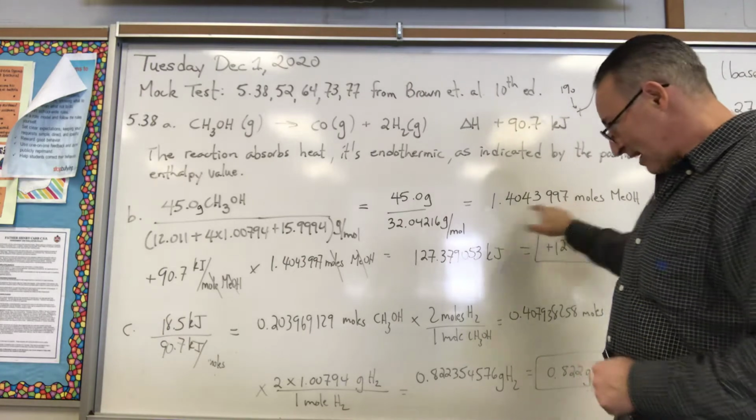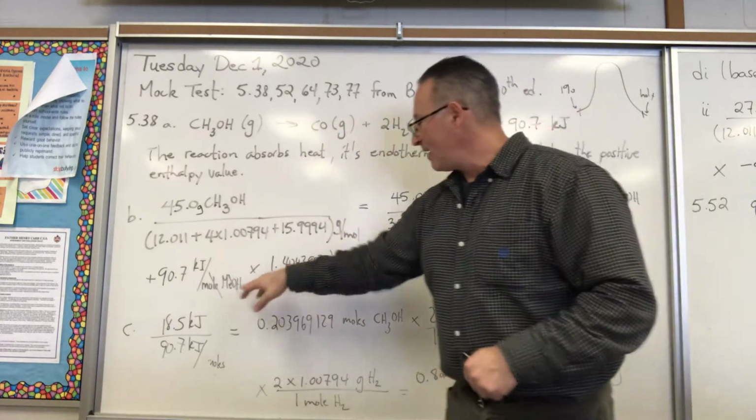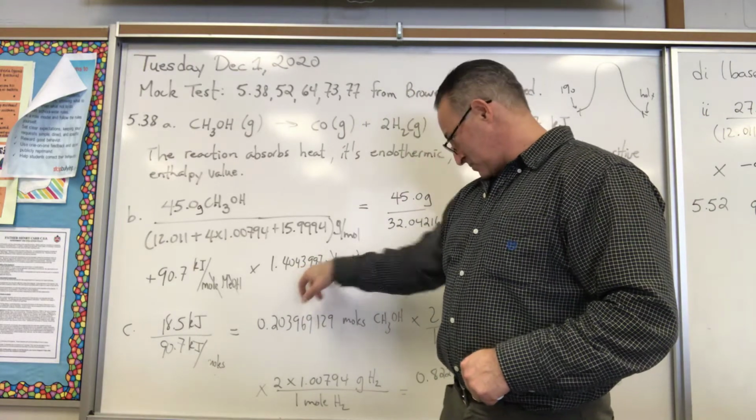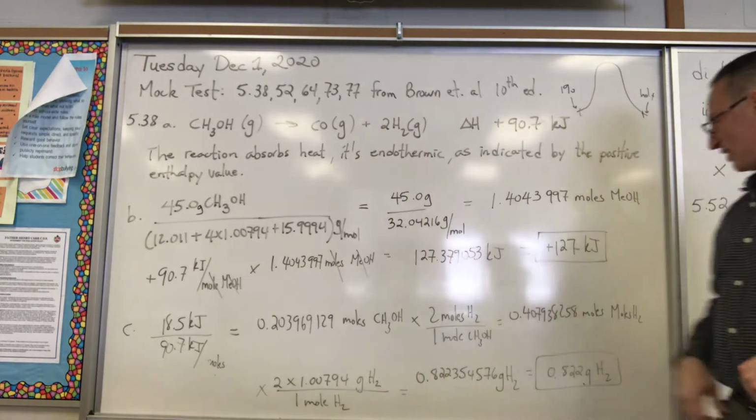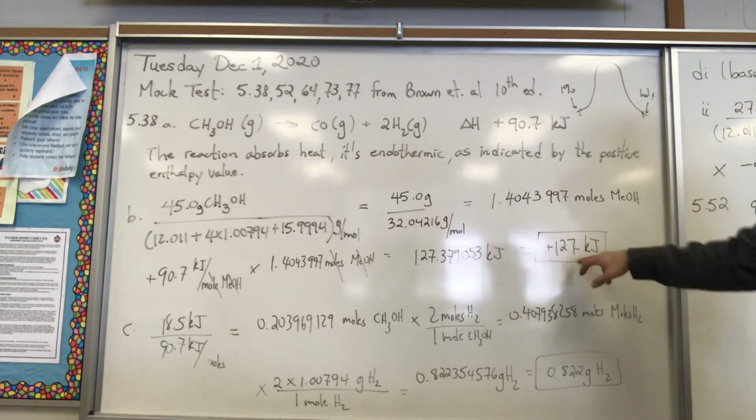And then I multiplied that by the molar enthalpy of methanol turning into these two substances, and you get 127 kilojoules of energy required. And then we rounded it to 3 significant figures. For part C,